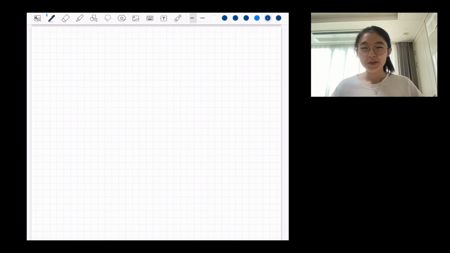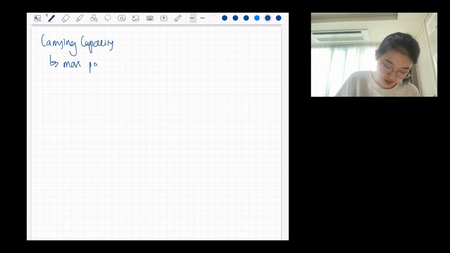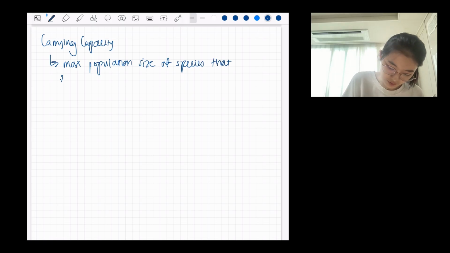Hi everyone, in this video we'll be looking into the concept of carrying capacity and see how density independent or dependent factors influence a population from fluctuating near the carrying capacity but still keeping within the bounds. So carrying capacity, as we have defined in our previous video, is essentially the maximum population size of a certain species